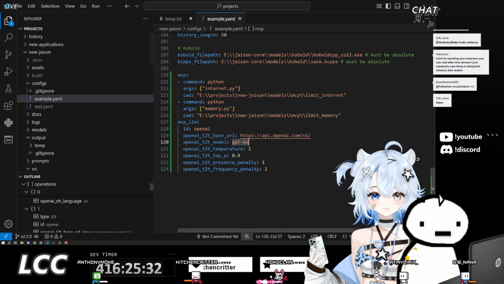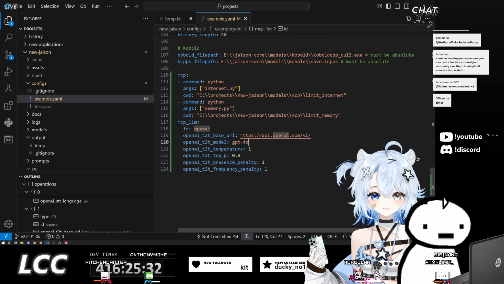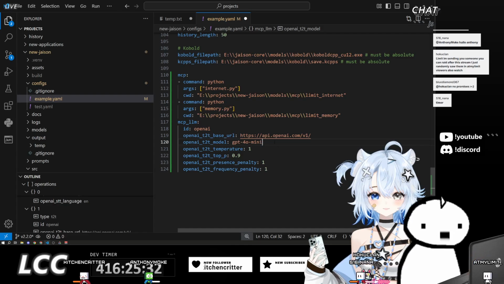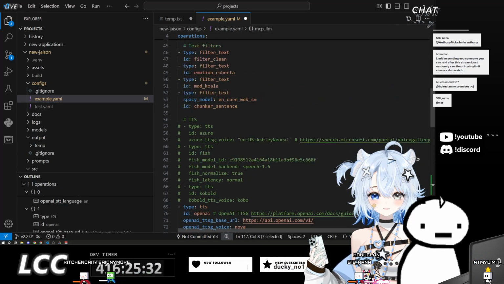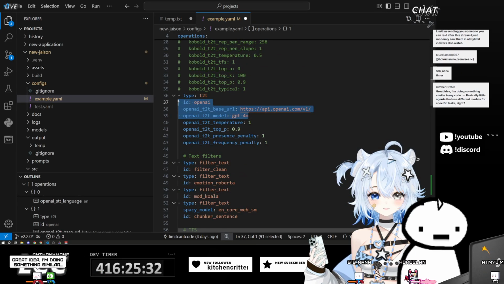We can also specify another OpenAI instance, and this will use a different model, let's say GPT-4o mini in this case. So we have GPT-4o mini being used for MCP, as well as GPT-4o, not 4o mini, being used for personality, for example.